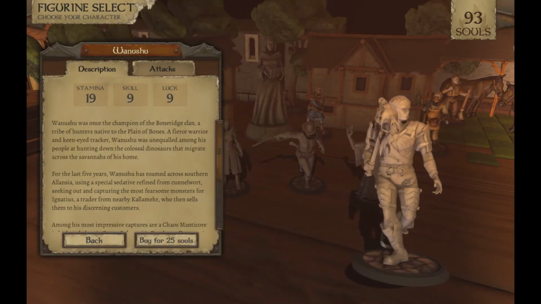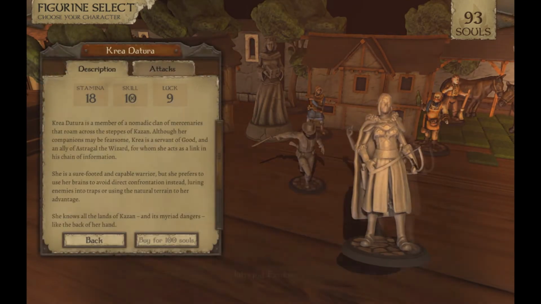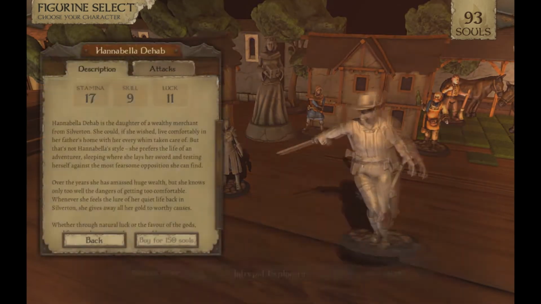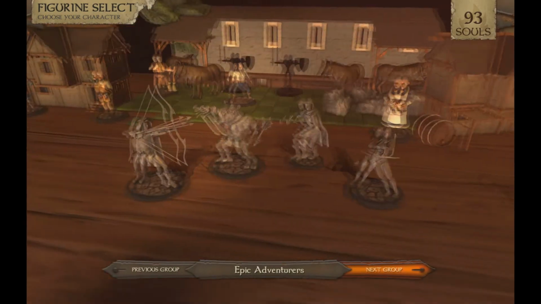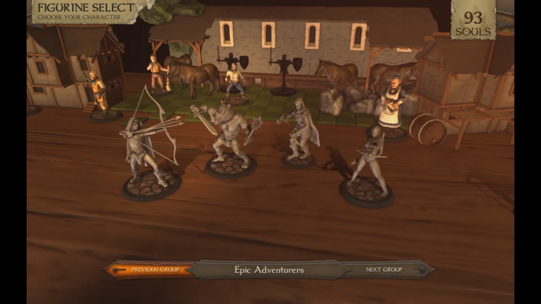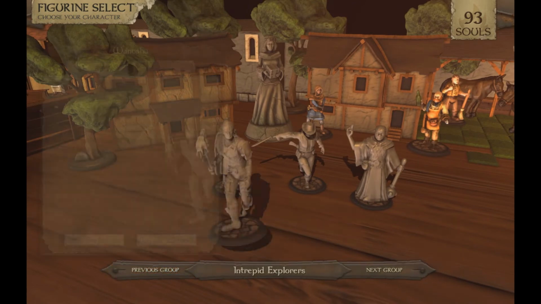Okay, so we can buy them individually for a number of souls each. So let's see who seems like the most appealing here. Oh, wow. Okay, she costs 100 souls. Okay, so these get more expensive as you go to the right along the row. 300. Yeah, so they just grow in cost. So the only one we can actually afford is this guy, Wanushu,